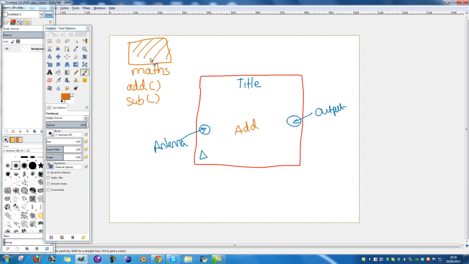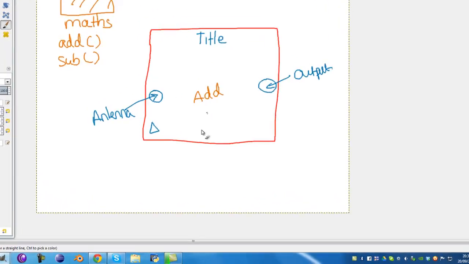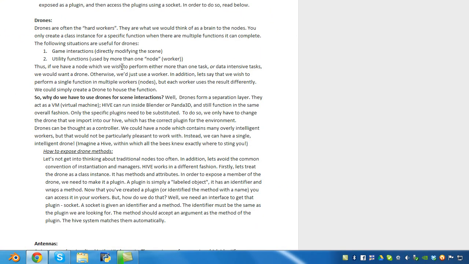It means you can make very complex logic without having to put it all into one worker. And it means that other functions can use it. Anyway, back to the tutorial. So if we go back into my existing tutorial,